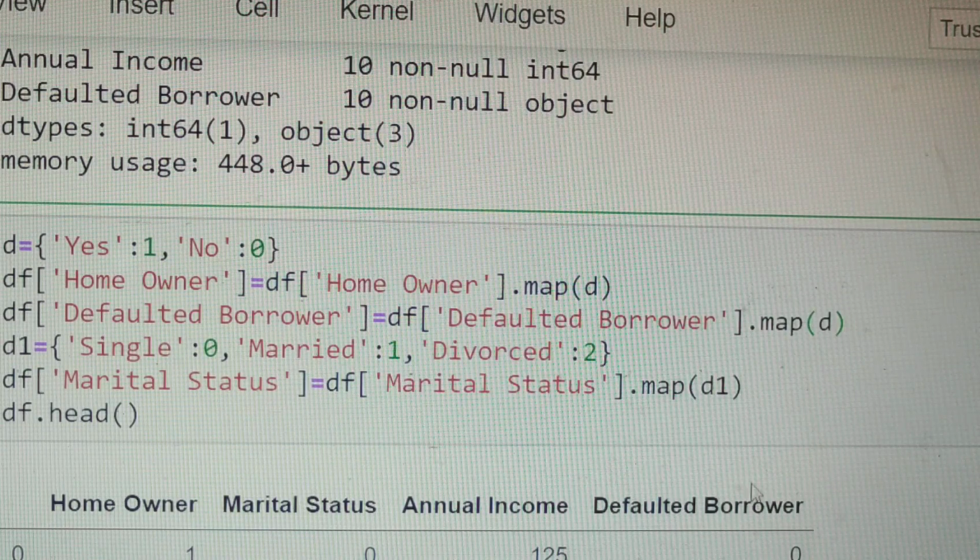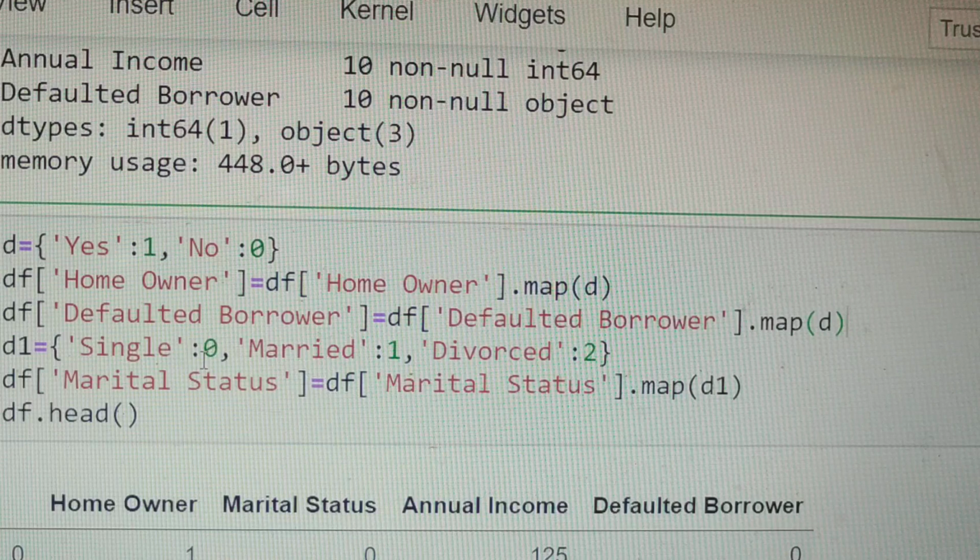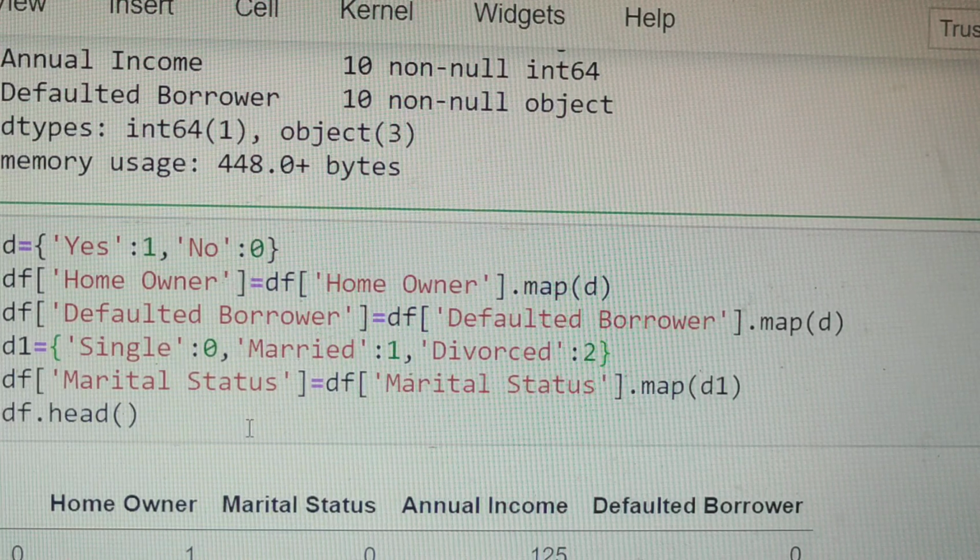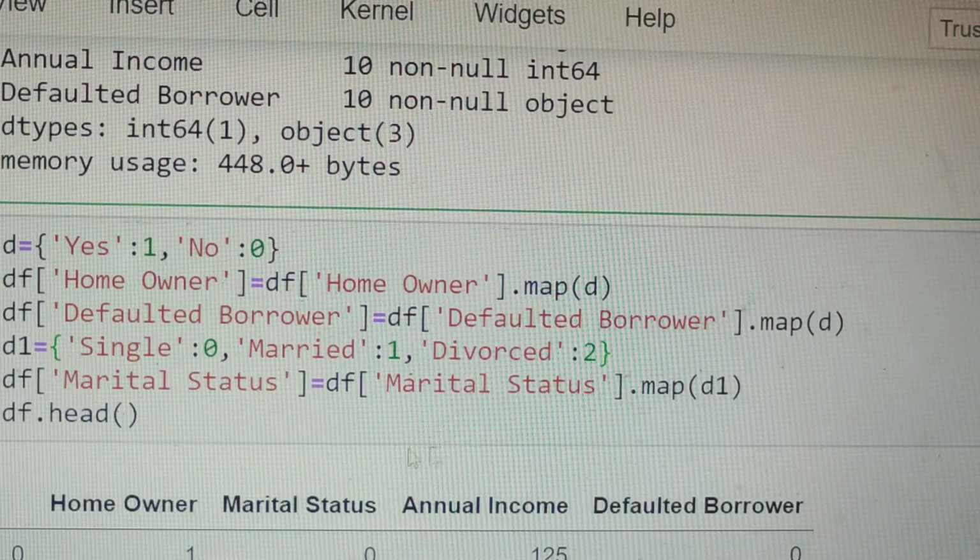And for marital status, single I'm encoding as 0, married as 1, and divorced as 2. So df of marital status equal to df marital status dot map d1. All the values of marital status will be either 0, 1 or 2.